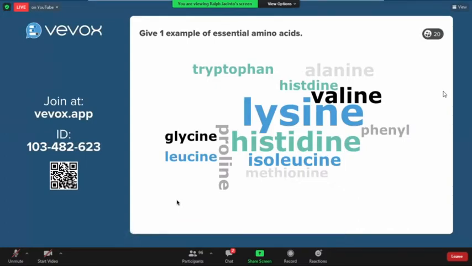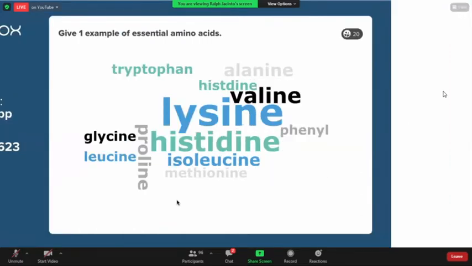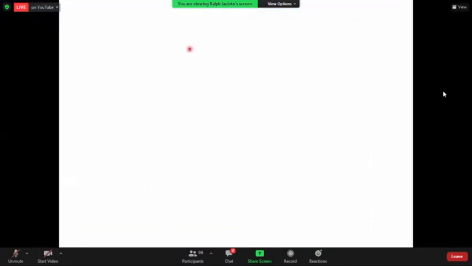What was your mnemonic, or how do you remember your essential amino acids? What was the mnemonic that you learned? Okay, before that, what are essential amino acids first? Anyone? Essential amino acids we get from our diet. They cannot be made by the body. Yeah, it cannot be made by the body, we get them from outside, from our diet, sir. Okay.